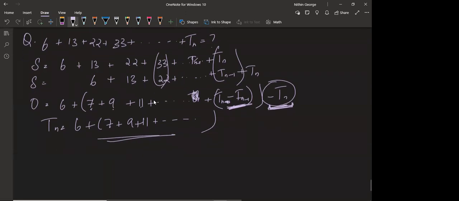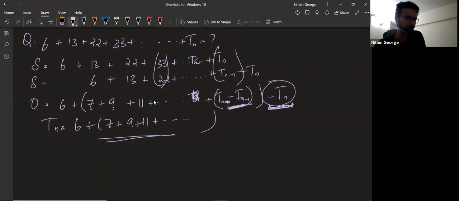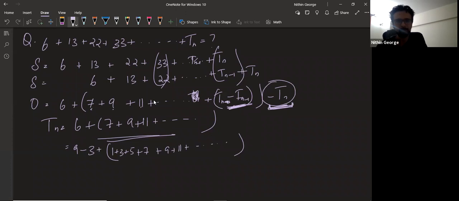Okay. So we have this much with us. Here, this 6, you see this pattern forming, right? 7, 9, 11. So there were some terms missing in that pattern: 1 plus 3 plus 5. Right? Okay, 1 plus 3 plus 5 is what? 9 minus 3 is 6. All right. So this is 9 and I'll put a minus 3 outside. So then I'll get this sum as 6.